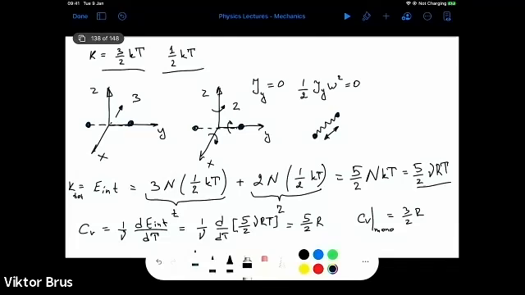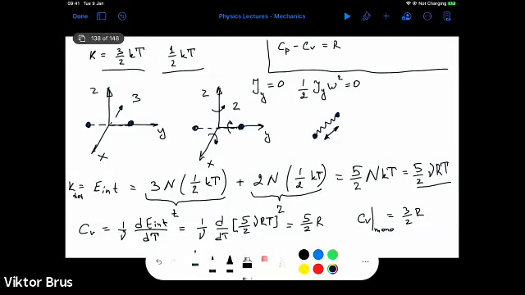I mentioned this before already, but I believe it is worth mentioning here too, that this relationship between Cp and Cv, which is Cp, specific heat capacitance at constant pressure, minus specific heat capacitance at constant volume, is equal to R, which is the universal gas constant,